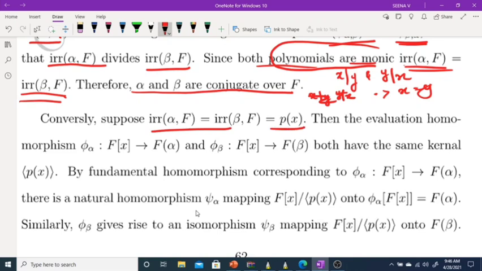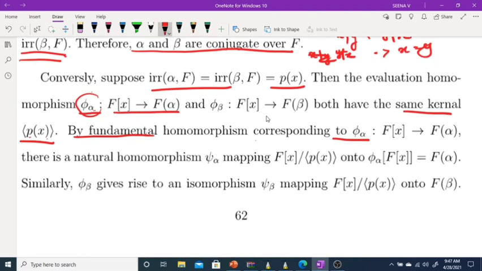Then consider the evaluation homomorphism phi alpha from F[x] to F(alpha), and the evaluation homomorphism phi beta from F[x] to F(beta). Both have the same kernel, the ideal generated by p of x, because we have already discussed that the kernel of this evaluation homomorphism is the ideal generated by p of x. So by the fundamental homomorphism theorem corresponding to phi alpha from F[x] to F(alpha),